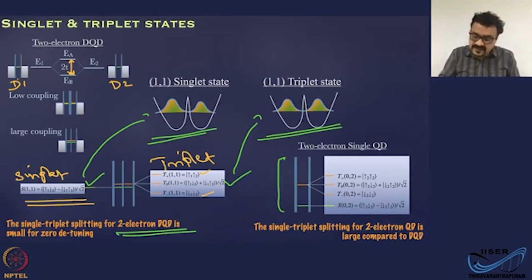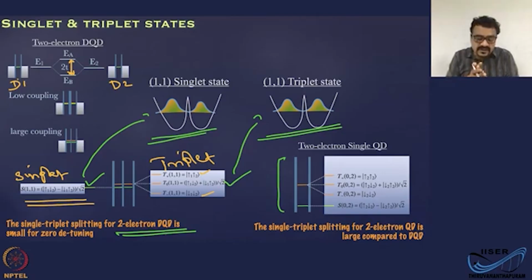Again, the singlet and triplet states are given by the same notation, but these are 0-2 triplet state. The reason I am calling it 0-2 is because you are considering only the dot 2 in this case, the right side dot. Dot 1 I am not worried about. So the situation that I am comparing is